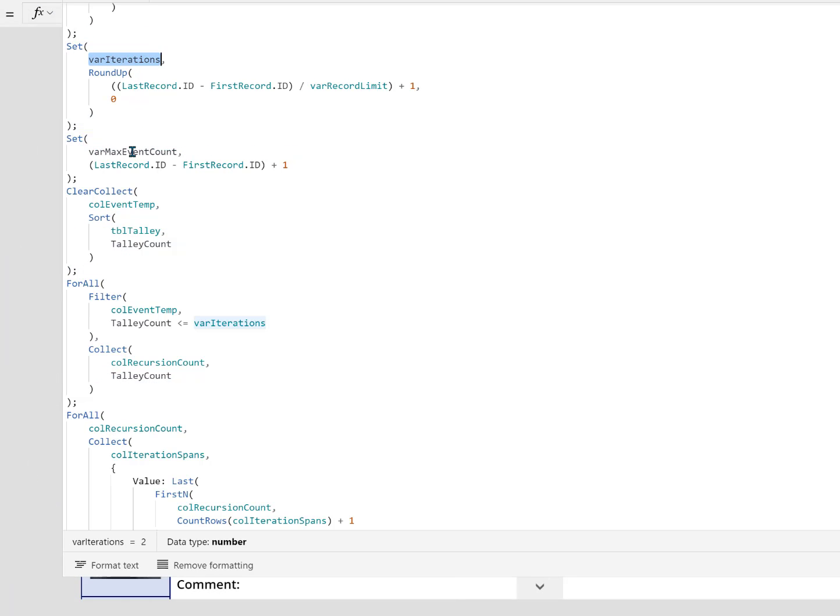The next step is to calculate a variable containing the maximum number of records we should find. And we generate that by taking the first record ID from the last record ID. That'll give us the range of records we should find based on their ID numbers. I add 1, and I explain why I do that in the other video. And that gives us the maximum number of events, or the maximum number of records that we should encounter in this